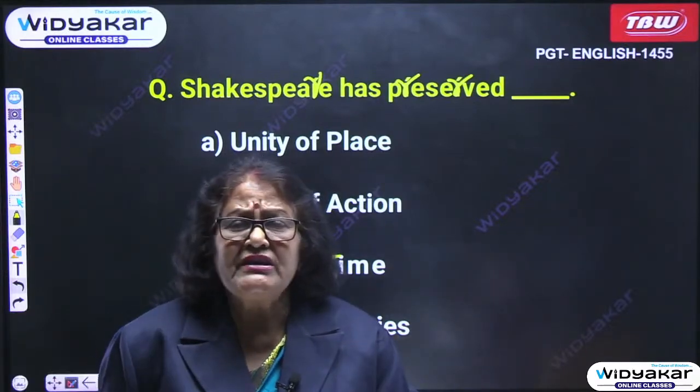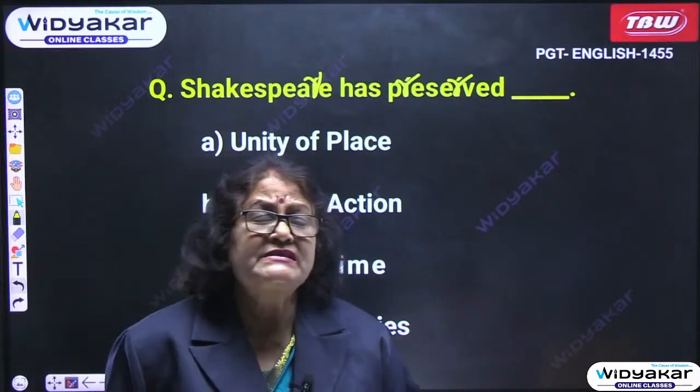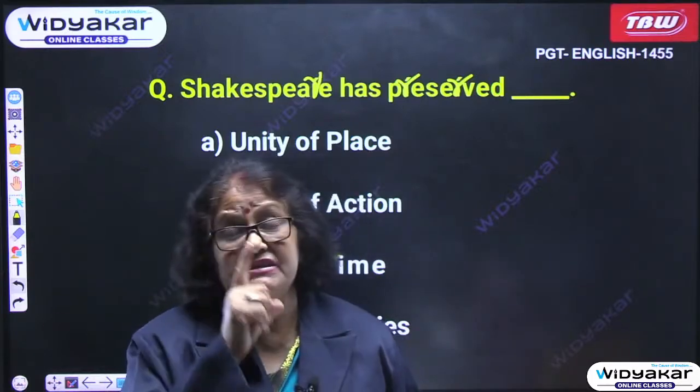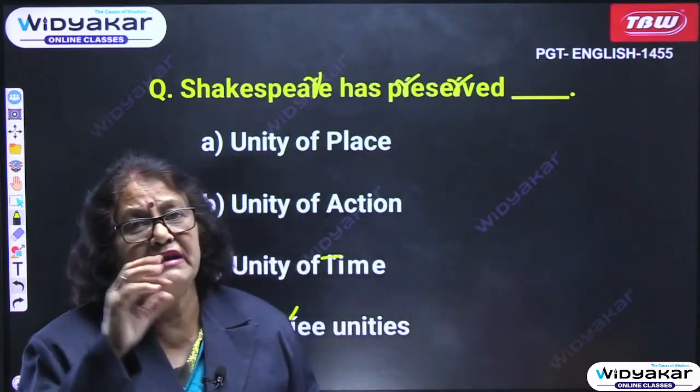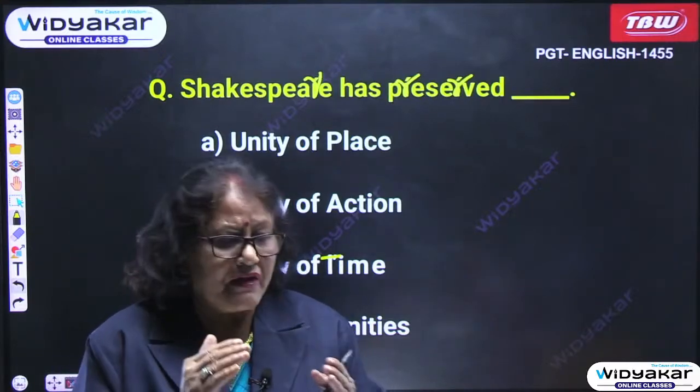If a king goes to this country, then that country, then a war against another country, a battle there, then unity of place cannot be maintained. But Shakespeare's plot would occur, so he has maintained the unity of action. So unity of action is